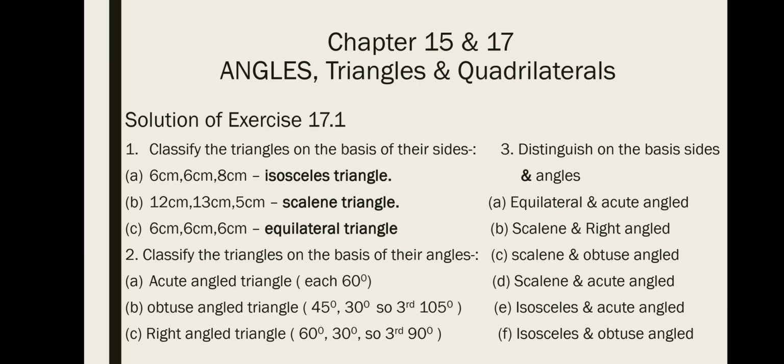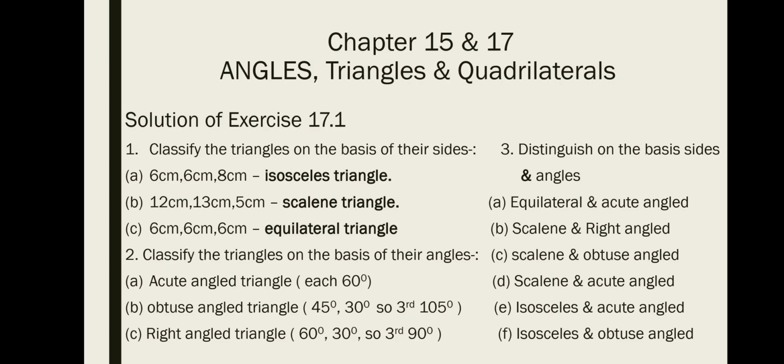When one of the angles is obtuse, then it is called an obtuse angle triangle. Now in the third question they have given, distinguish on the basis of sides and angles. So they have given equilateral, and equilateral you know that it is acute angle. Scalene, they have given one right angle triangle, because one of the angles they have given is 90 degrees. And all the three sides are different, so